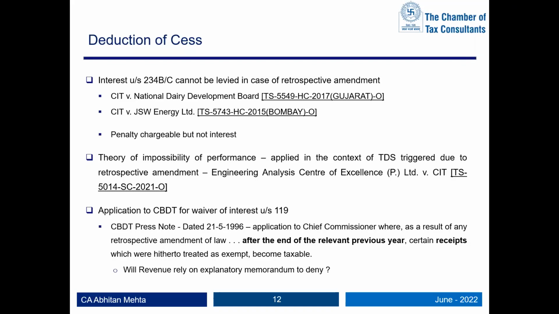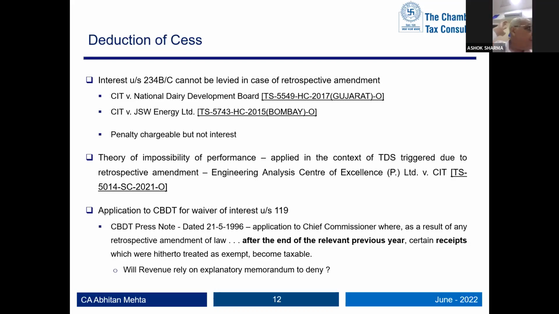If you ask me, I would even say that to a greater extent, 234B and C will also be levied. The department is going to levy this 234B and C. Then you may file under 119 to the CBDT saying that, look, it was not possible for me, and give all the reasons, but you will have to fight your case for that. Sorry, I'm sorry. B only. I appreciate what you said. C cannot be there. It can be only B. Right.